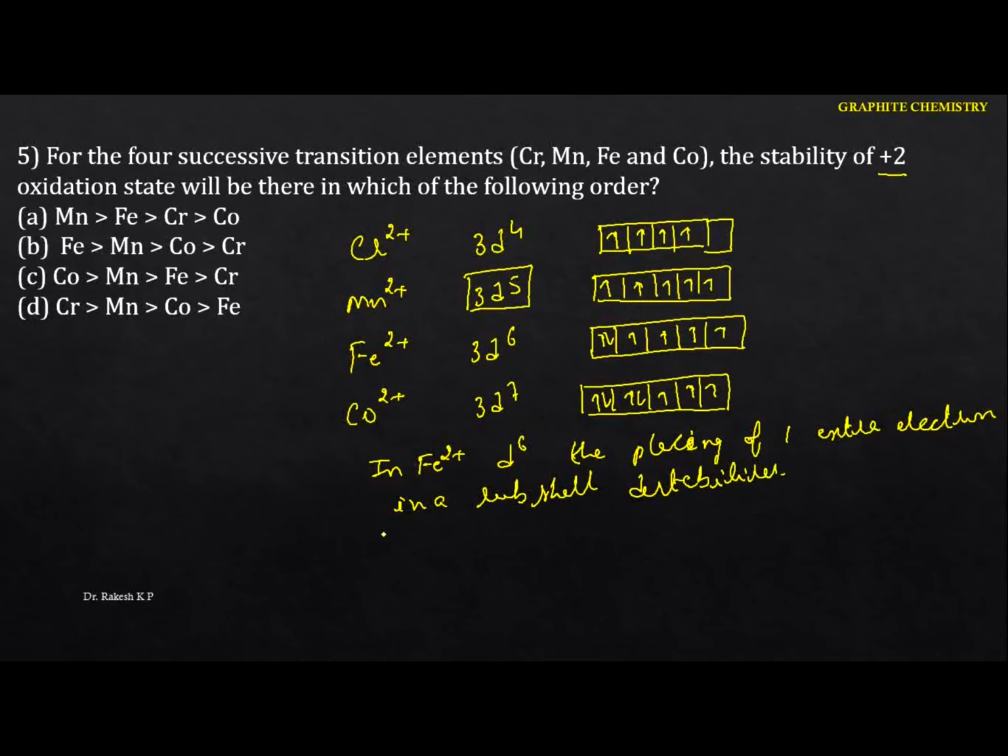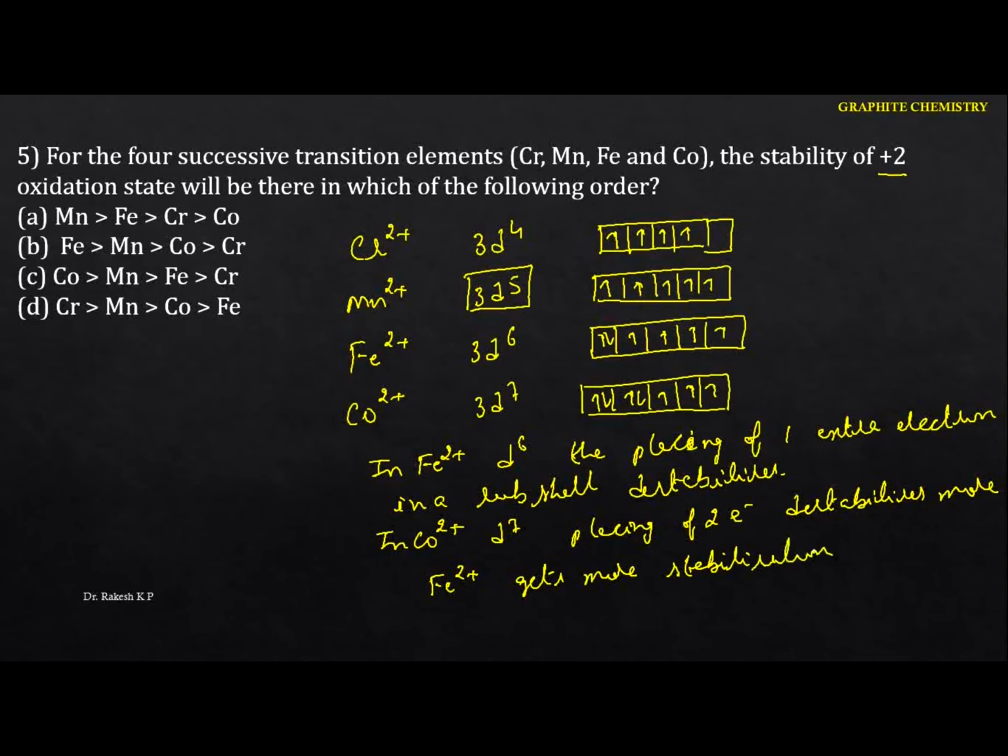Similarly, if we talk about cobalt, Co2+, how many electrons do we have to place? That is 2 electrons. The placing of 2 electrons destabilizes more as compared to Fe2+, because in Fe2+ we are placing only 1 electron, whereas here we are placing 2 electrons. But between them, Fe2+ gets the more stabilization